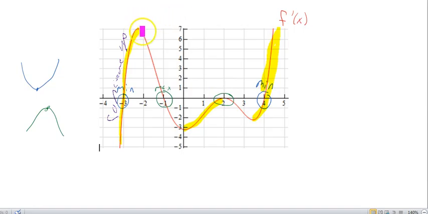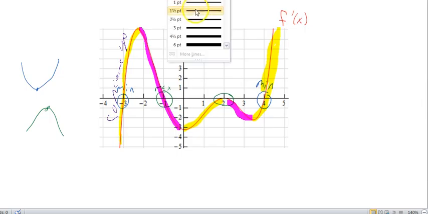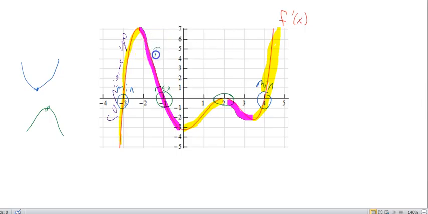The other parts where this graph is decreasing tell us where the original graph is concave down. So concave down on the purple. Alright, so